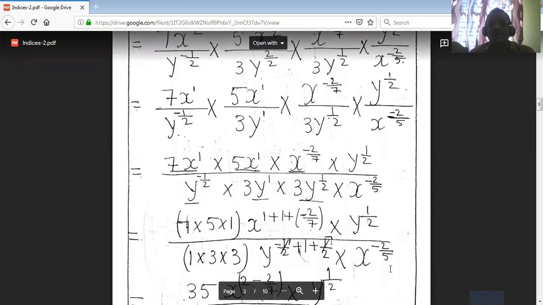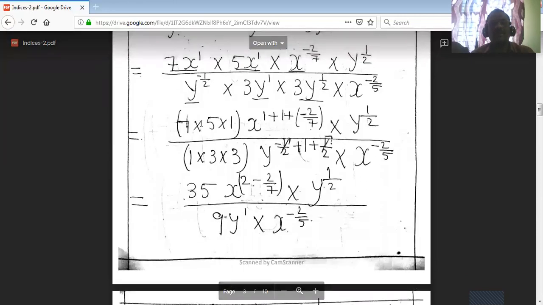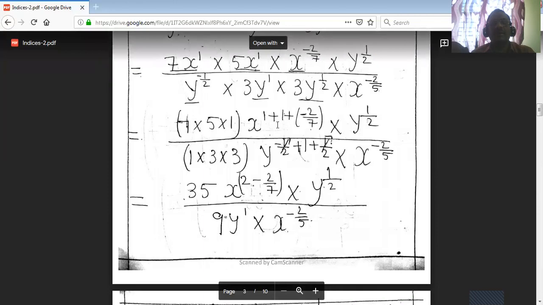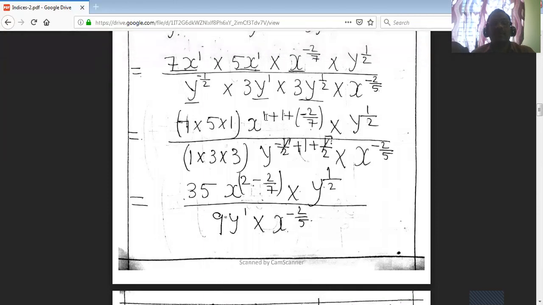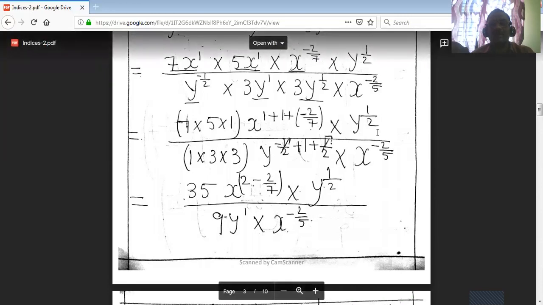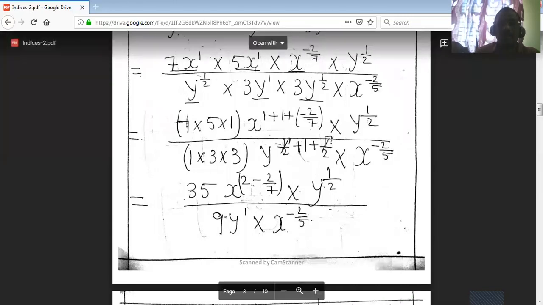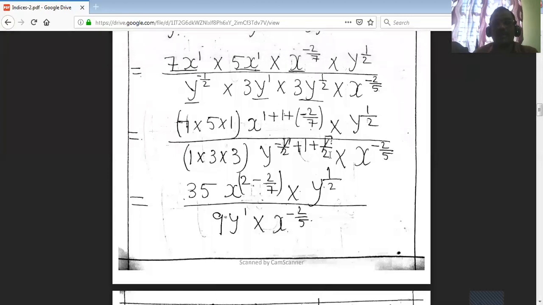Now if you go to this x to the power of minus 2 by 5, you can retain as it is. The 7 into 5 is 35, and x to the power of plus 1 and plus 1, it is 2 minus 2 by 7, and you can take LCM to simplify this, and y to the power of 1 by 2. And now this is 3 into 3 is 9, and minus 1 by 2 plus 1 by 2,